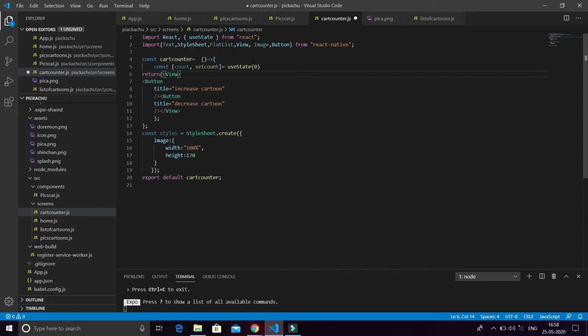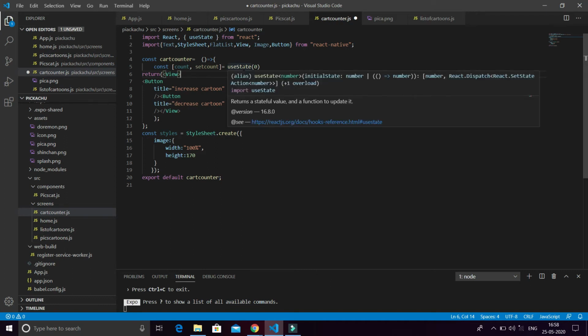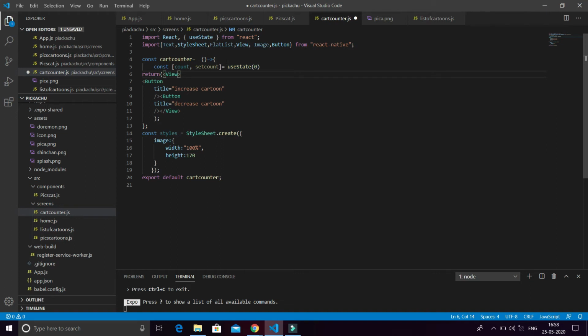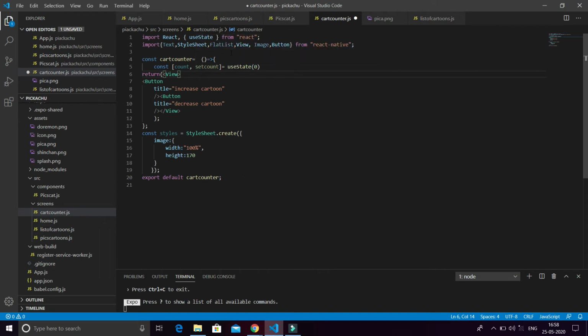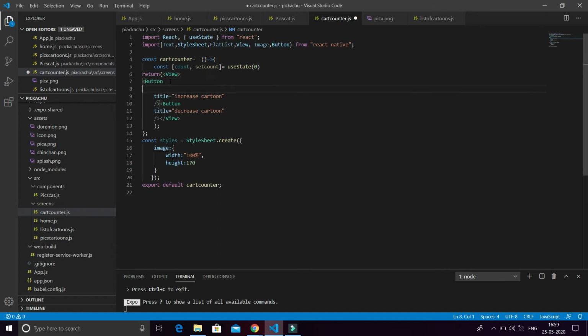useState reflects the count and refreshes our screen whenever the count is changed. But we do not change count directly, because the useState function has an eye on the count, so we have to change setCount. Whenever setCount is changed, useState directly puts the setCount value into the count and refreshes the screen. That's the function of useState, and 0 is the initial value of the count.